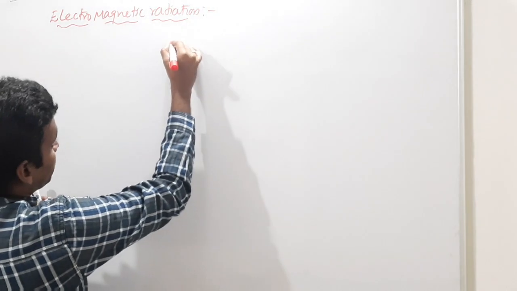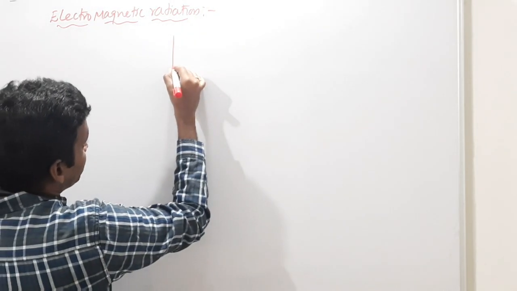Any charged body, if you oscillate it, that particle will create a wave. Say we take a metal sheet and oscillate it, and that creates a wave in the presence of an electric field and a magnetic field. So when a charged metal body is oscillating, it creates a wave due to ejection of electrons. Due to what, sir? Ejection of electrons. So ejection of electrons creates a wave.